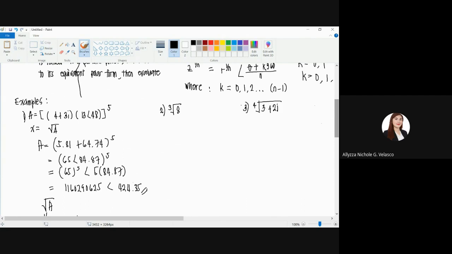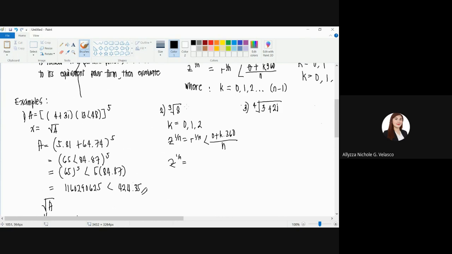Ano, kasi as you can see, syempre ang ating k dito ay tatlo. We have 0, 1, and 2. Okay? Okay, so let's apply again yung ating formula na z raised to 1 over n is equal to r raised to 1 over n for angle 0 plus k multiplied by 360 over n. So we have here ang ating z raised to 1 over n is equal to ano yung ating r. Okay? So